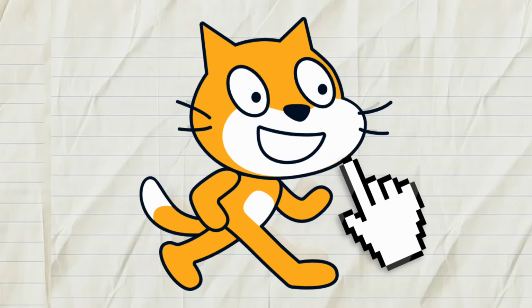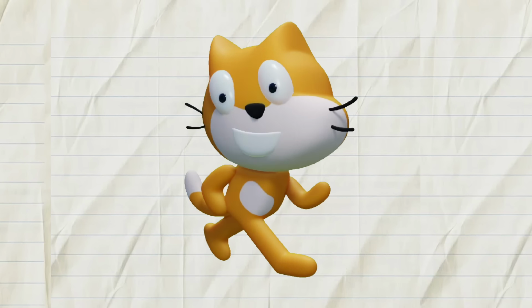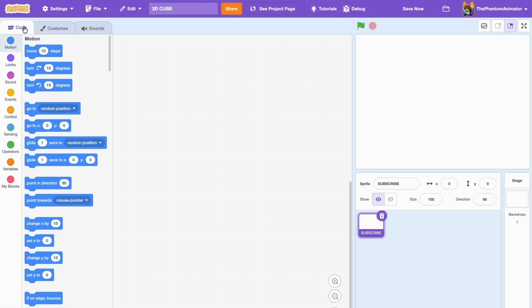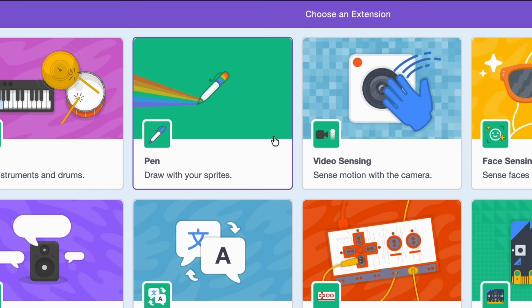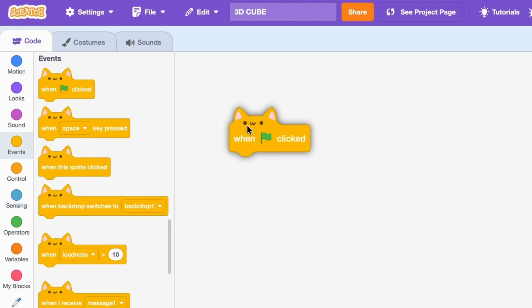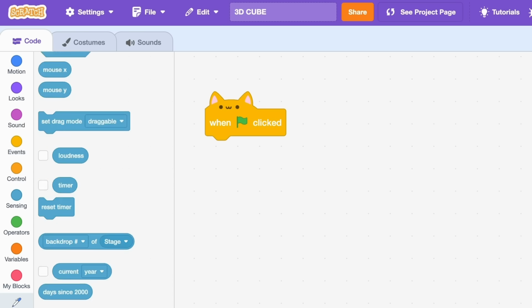Making 3D in Scratch without any complicated code is this easy. So just go create, and when you're here, just delete the Scratch CAD so nothing is there. Then we can go back to code, and we're gonna add the pen extension to draw our 3D cube. Next, we're gonna of course start the program off with the when green flag is clicked, and we have to